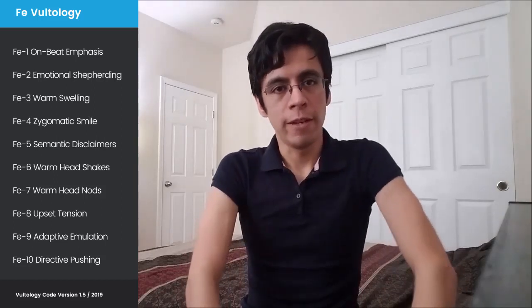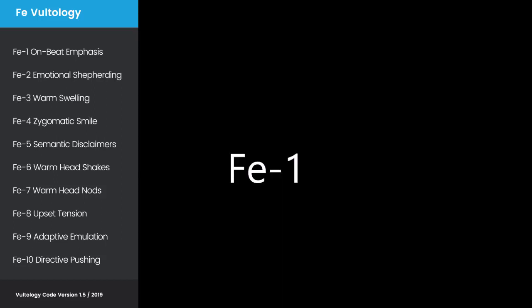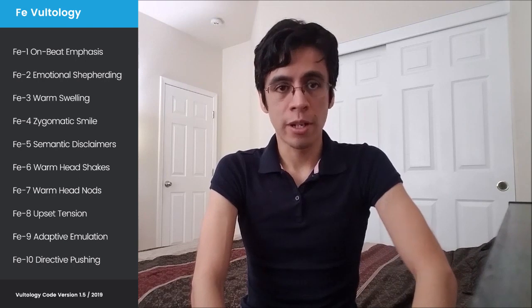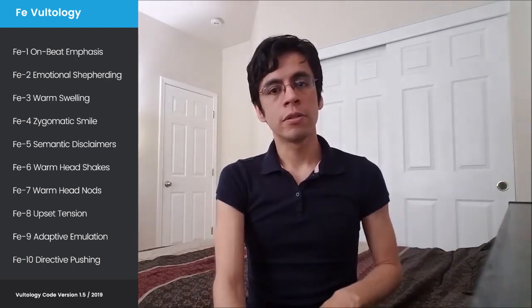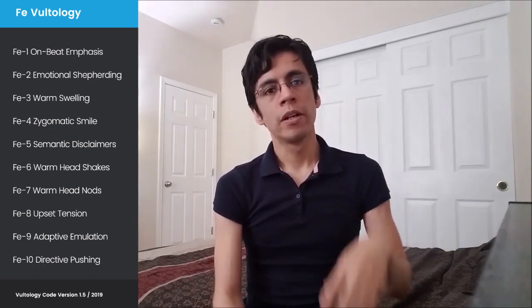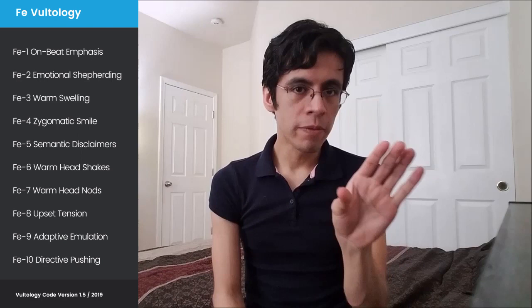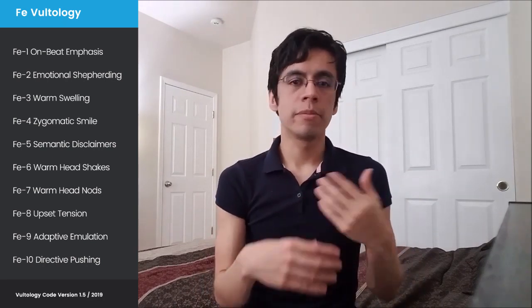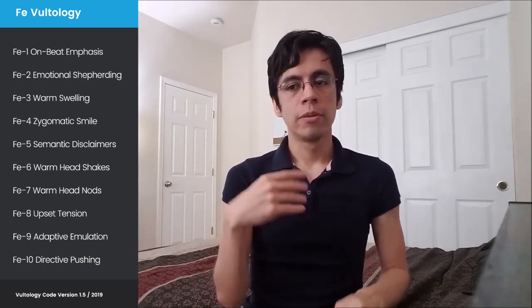Okay, now we move on to the Fe signals, starting with Fe1, which is on-beat emphasis. So on-beat emphasis is a gesticulation sign, and it basically means this, okay? It's like you give the beat is on the right note. So when you're talking, there was a warm swelling with that, but when you're talking, you give the